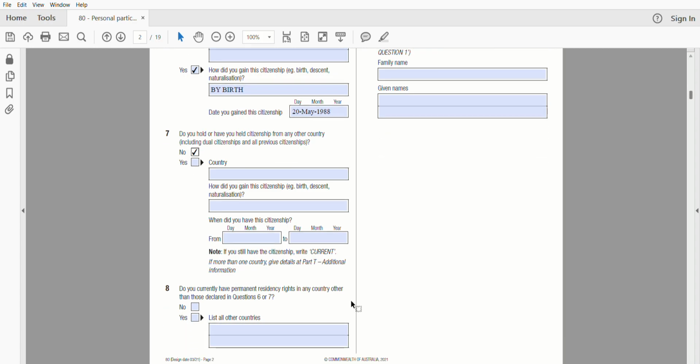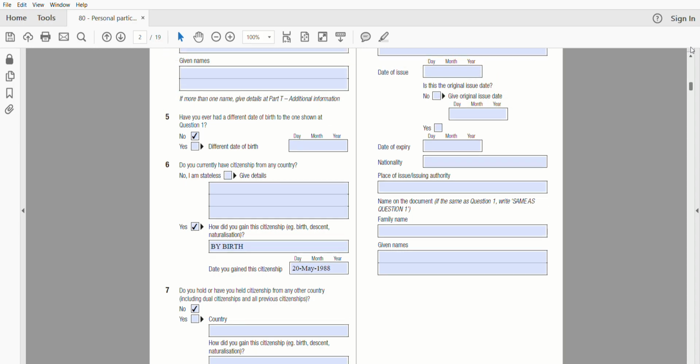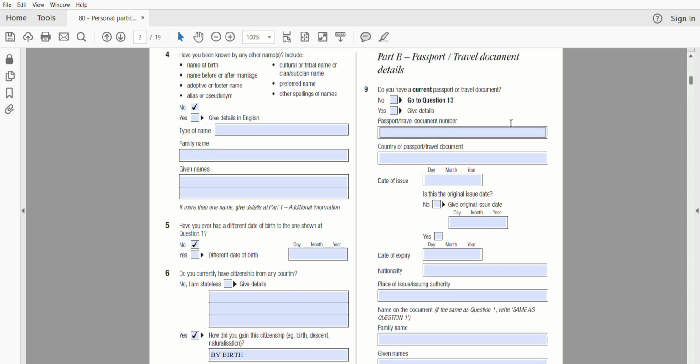And do you currently have a permanent residency rights in any other country? Again, it's no, but if you do have a permanent residency or a citizenship from another country, you need to list out the details here. So let's move to the next question, and it's about your travel document details, or rather your passport. So do you have a current passport? So yes, and the travel document number would be yes. I'll just mention a number here, and then the country of passport would be Sri Lanka, and the date of